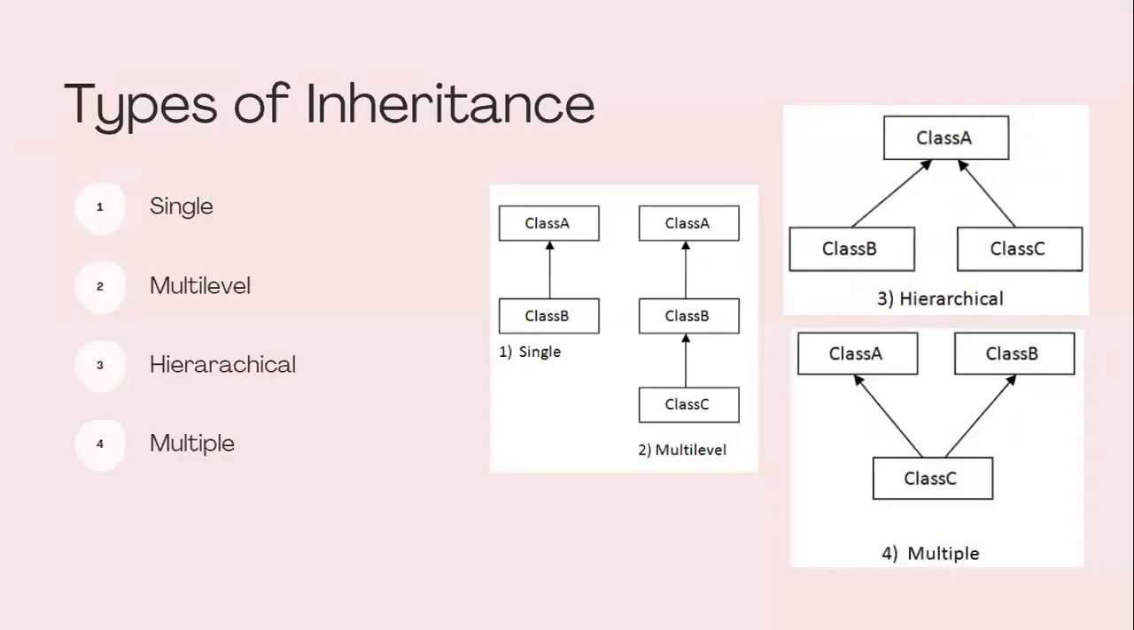Let's talk about some types of inheritance. There are four types of inheritance. Single inheritance: in single inheritance, a derived class inherits properties and behavior from a single base class, forming a linear hierarchy of classes. As you can see,